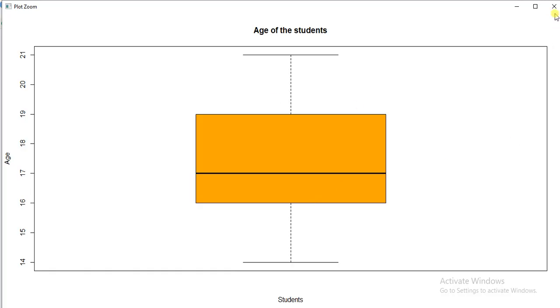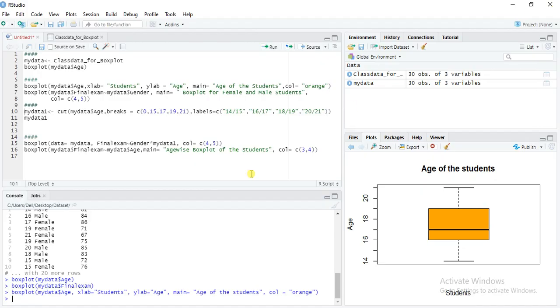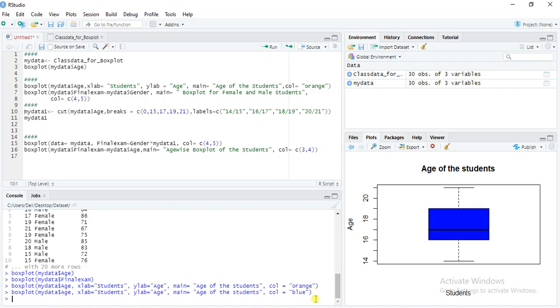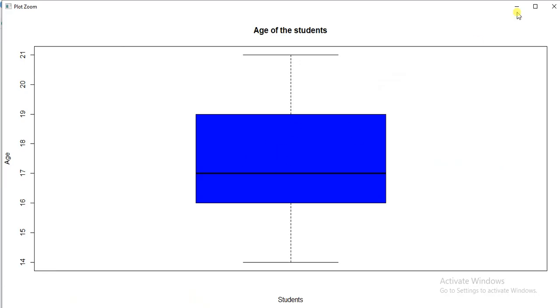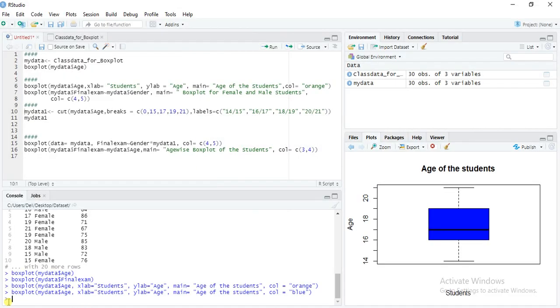So we can show our data this way also: one title, the x-axis means this data relates to students, and the y-axis means we are talking about age. Is it clear? Now we can give another color also. I can write here blue. So this would be our graph. It means we can change the color scheme of our graphs.